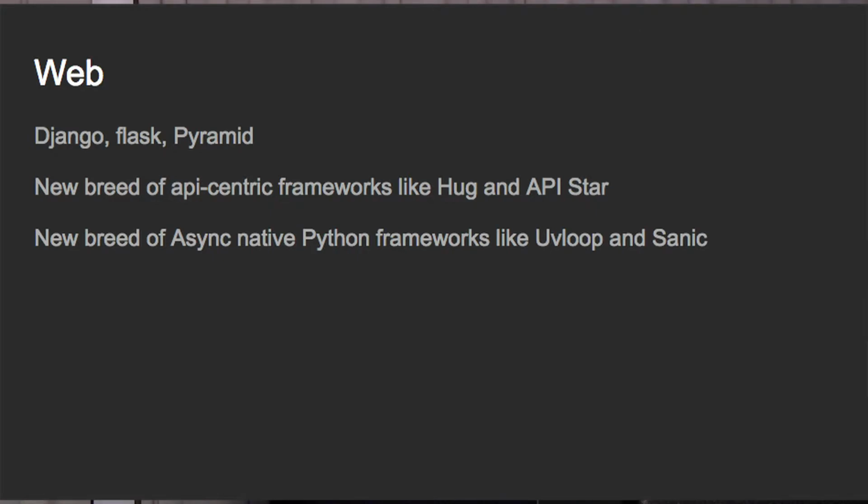So there's also a new breed of API-centric frameworks like Hug and API Star, Hug being my favorite. So they're great if you want to write a quick little, very performant API framework, like a couple of lines, very Pythonic, like Hug, for example. If you want to see an example of Pythonic code, Pythonic framework, I recommend you look at Hug. There's also a new breed of async native Python frameworks, like UVLoop and Sanic. I haven't looked at those, but if you want to get a lot of asynchronicity and get even more performance,